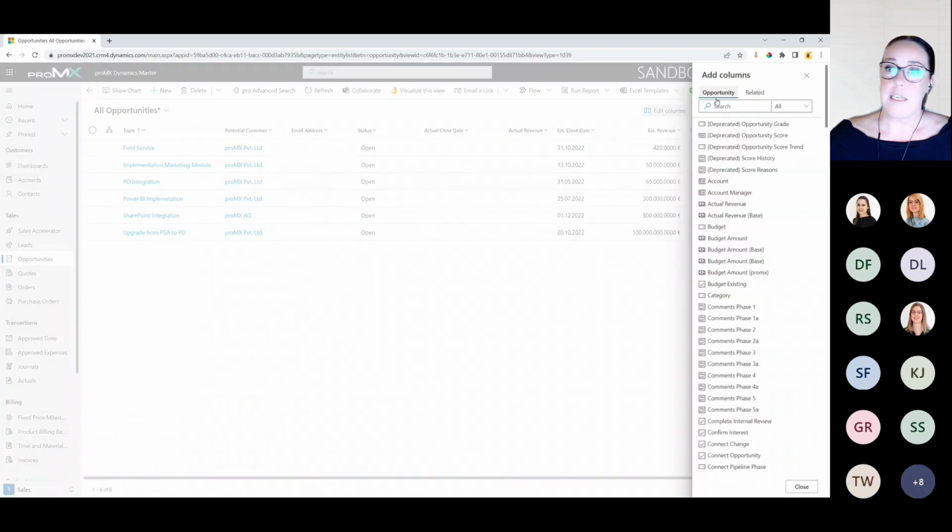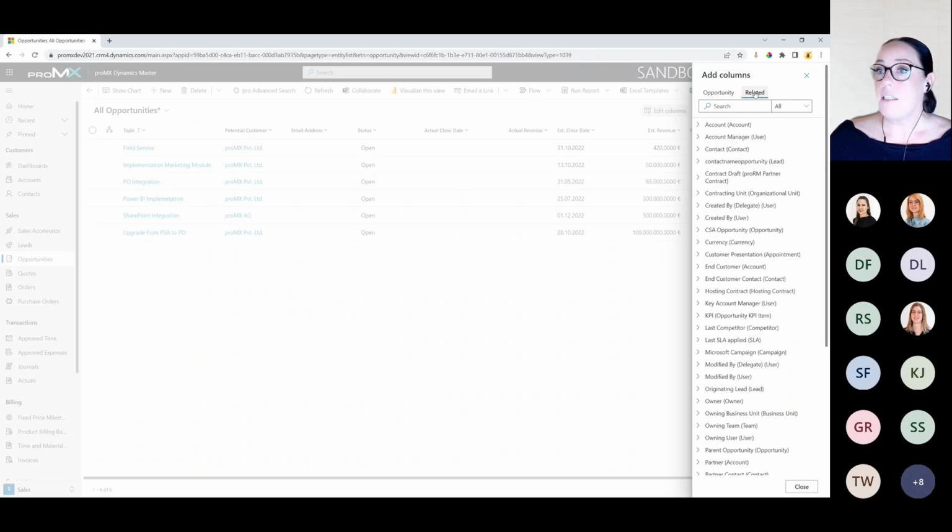Adding a column, pretty easy. By default, it shows you all the fields available in the entity that I'm looking at, which is Opportunity. Now, you can also add columns from other entities that are related to the opportunity. And I would go for, I don't know, I want to add the field Sales Manager out of the related